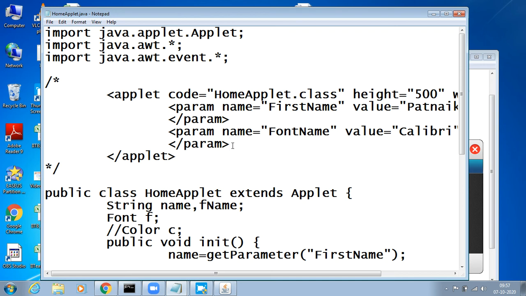In order to make the data more secured in a particular file, and in order to make only one copy of the data, the parameters concept is very important. So I'll create it one time and I can access it any number of times. This is mainly used in situations where we work on n number of applets. I have just taken a simple example here, first name, font name, but in real time we use this for configuring the server, configuring the database, say configuring the IP address or something. So for those situations we can use it.